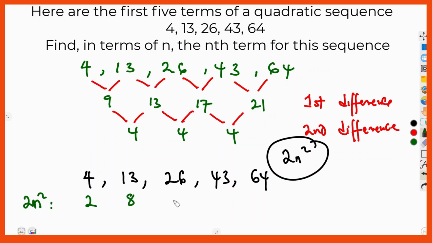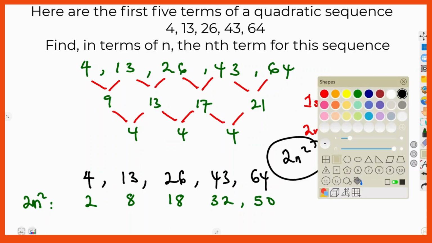The third term, 3 squared is 9, and 9 times 2 is 18. The fourth term, 4 squared is 16, and 16 times 2 is 32. And the fifth term here, 5 squared is 25 times 2. This definitely will be 50. So what we're going to do next here,